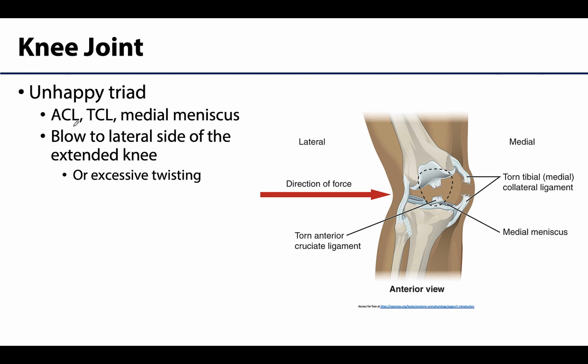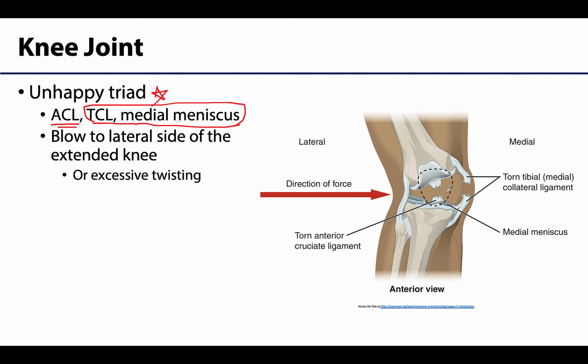And so again, let's return to some of the clinical correlations associated with the knee joint. Recall that we talked about this really close connection between the TCL, or the tibial collateral ligament, and the medial meniscus, saying that they are very often injured together. Also, oftentimes added to that mix is the ACL. If you have an ACL, TCL, and a medial meniscus injury, this is referred to as the unhappy triad. And it is ever so unhappy